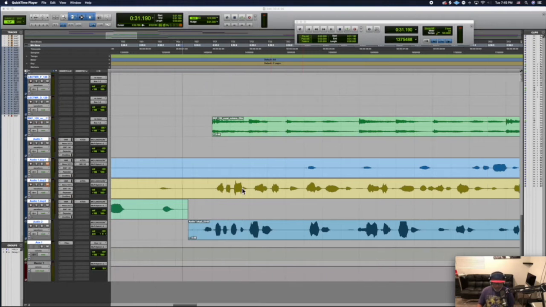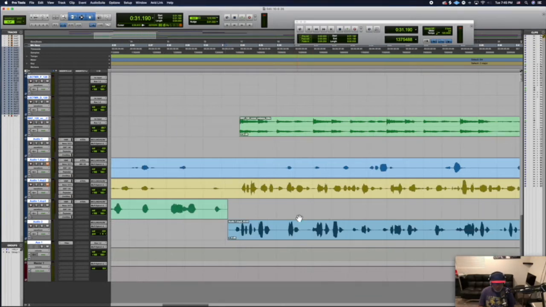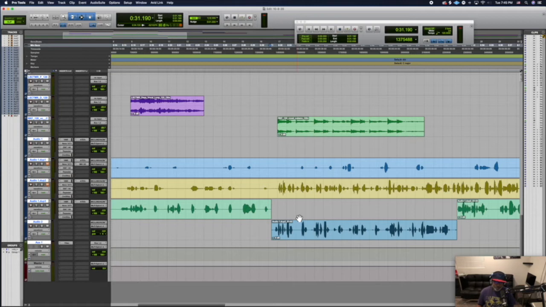So I'll play it. And usually when I'm going to start mixing vocals, what I'll do is I will loop a section of the vocals, like